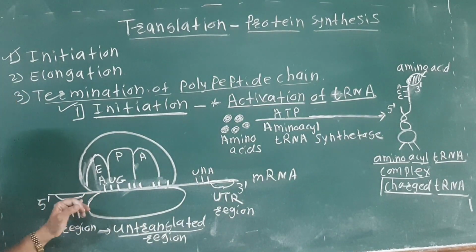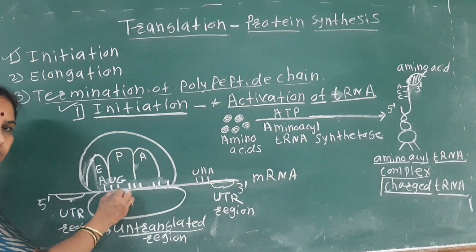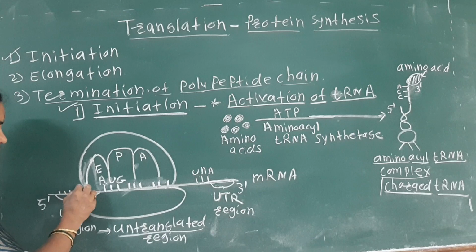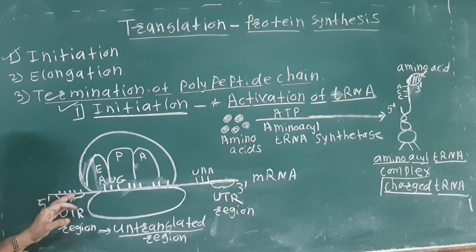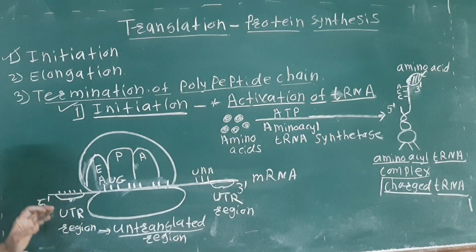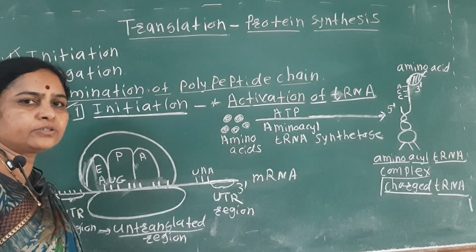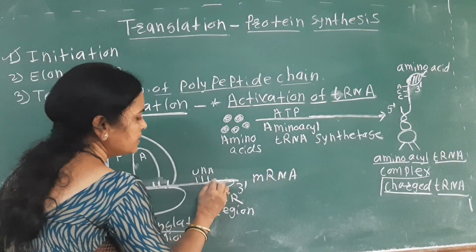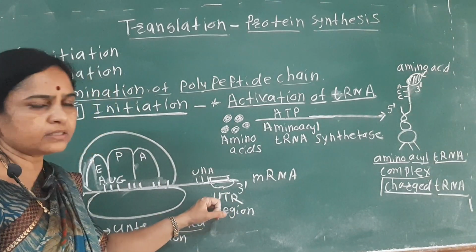So this untranslated region, or the UTR region, is mainly present before the initiation codon. So see, here is the initiation codon, before which the untranslated region is present, that is at the 5 prime end. Then after the termination codon, UAA, UGA and UAG, these are the termination codons. So after this termination codon, at this region, here is the UTR region, the untranslated